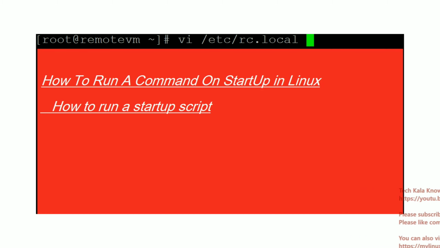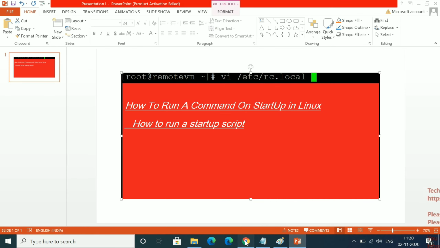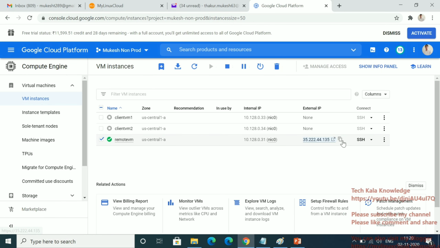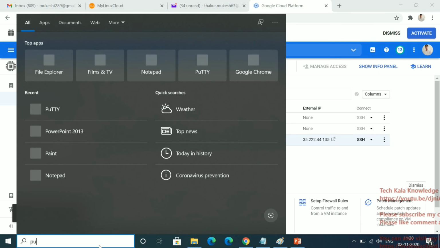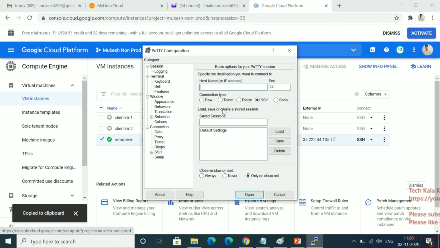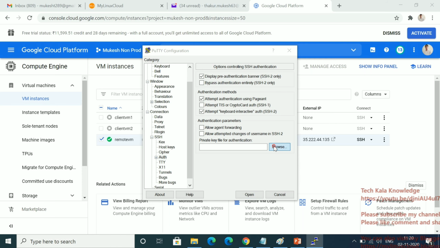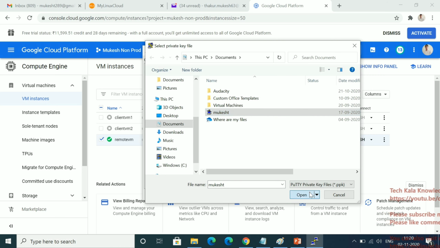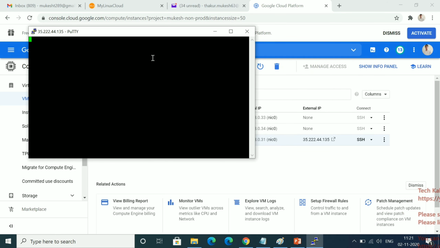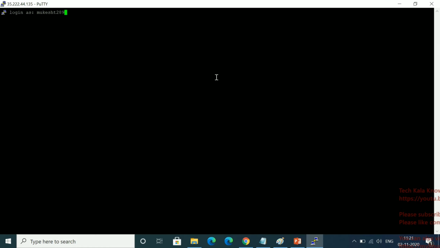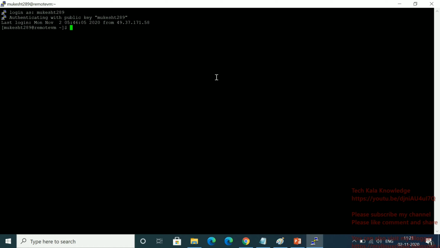Fine. So now let me go to my server. This is my cloud server. Let me log into it. For practice you can use your VM, if you have VMware or VirtualBox, you can install your system and test there also. In my case I am using my cloud VM because it's easy to log in quickly, with no need to start the VM. So I have already logged in here.